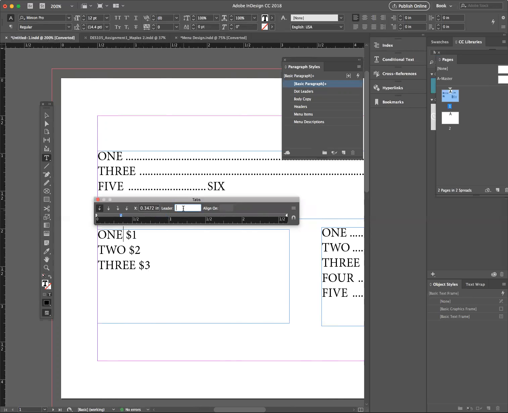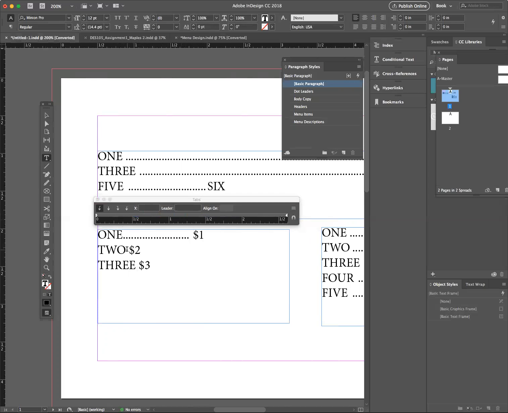Oops. You want to make sure leader has the period. It doesn't save for some reason, so we want to make sure. And then I'm going to click another one. I'm going to bring this one out here. Sometimes you'll need to hit repeat tab. I'm going to click right justify. I'm going to bring this over. There we go. There it is. Okay, sometimes you have to adjust the arrows depending on where you want your numbers to stop